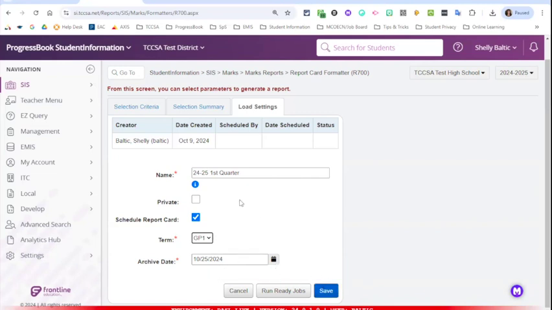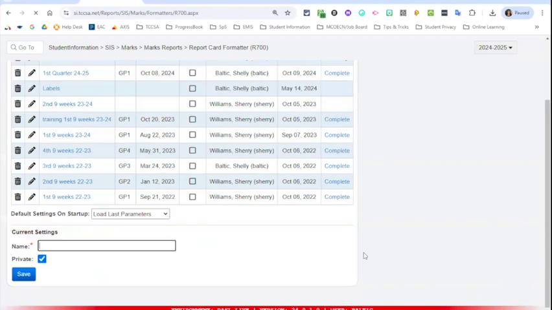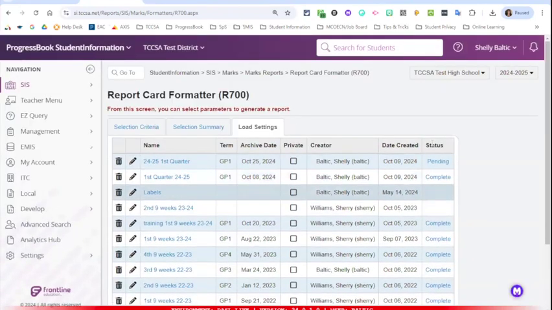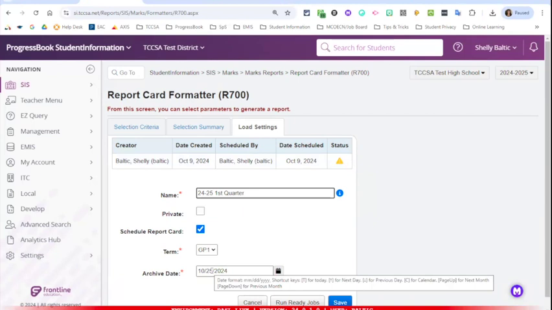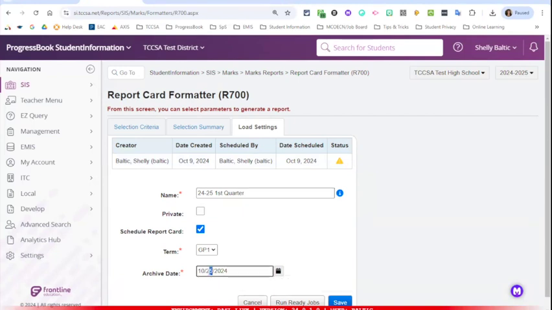And then once I hit save, you will see that it is now scheduled. So you can see under status, it now says pending. So then I know that it hasn't ran yet. If I click back on my pencil, I can see my status is pending because it's waiting for that date to pass. If I changed it to today, which I'm going to do,